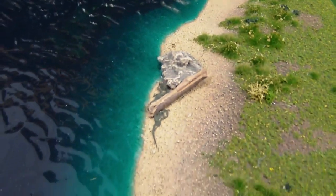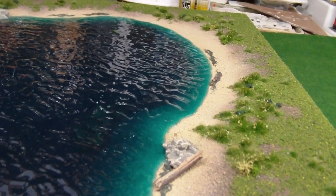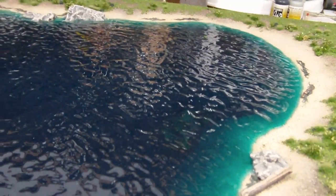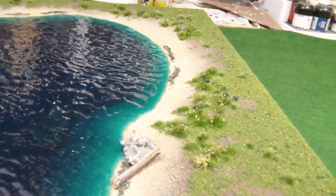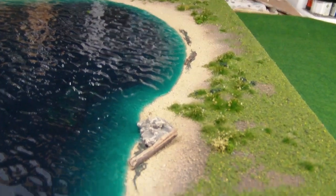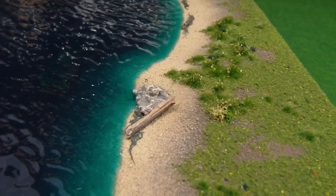variety along the shore. A real challenge for me, though, was how much of this stuff to add around the shore. Really wasn't sure, so what I did is I just sort of spottily added it hither and thither in bands, rather than try to pile up a ton around it. Not only because I'm afraid it might be a little too cluttered if I had too much, but also it